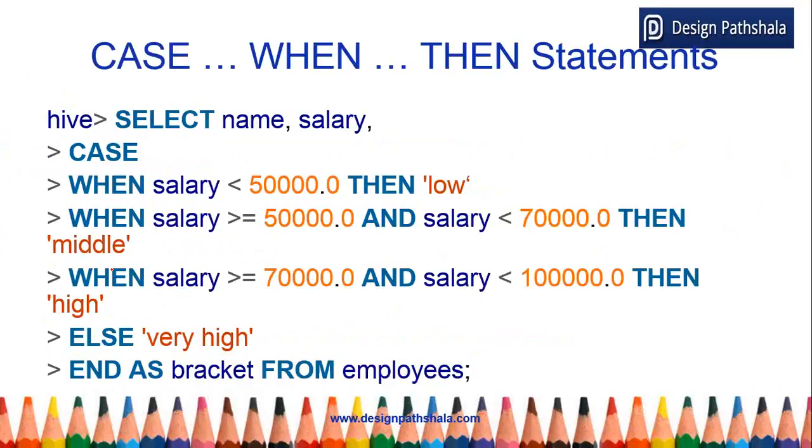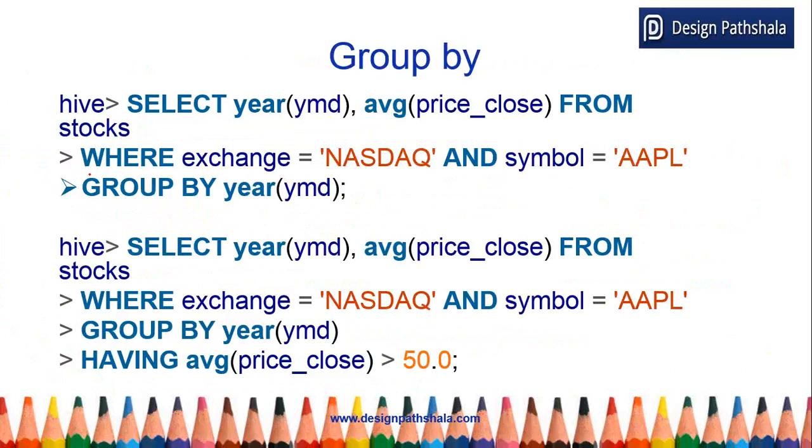Case statement: select from this case where this, then this, and this. Normal syntax. Wherever you want me to go into detail, do let me know. I'm just assuming all these things are much familiar to you people. So group by, having,